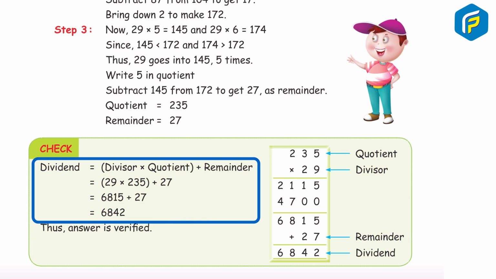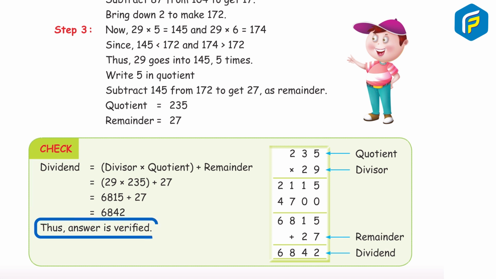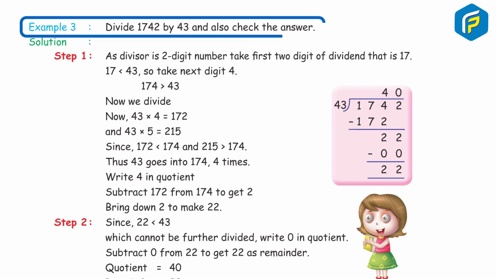Dividend is equal to divisor into quotient plus remainder, which is equal to 29 into 235 plus 27, which is equal to 6815 plus 27, which is equal to 6842. Thus the answer is verified. Example 3. Divide